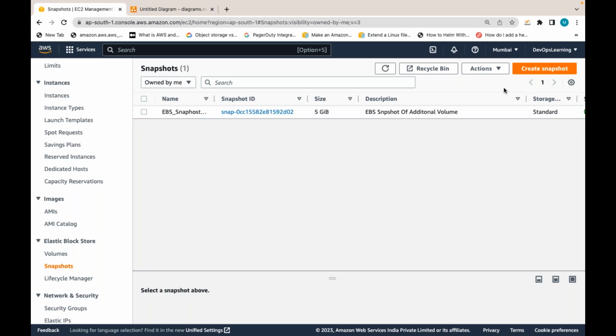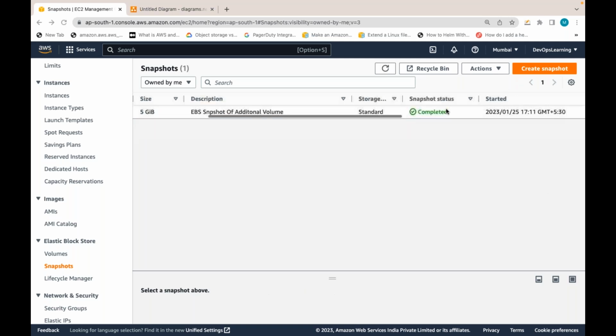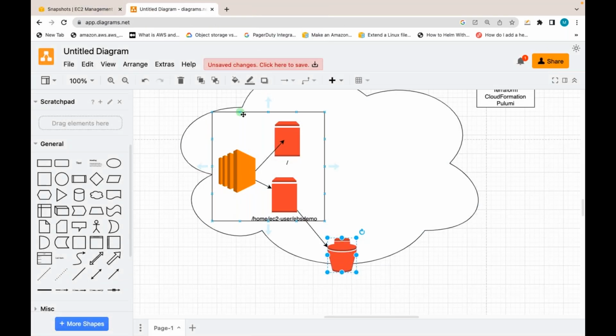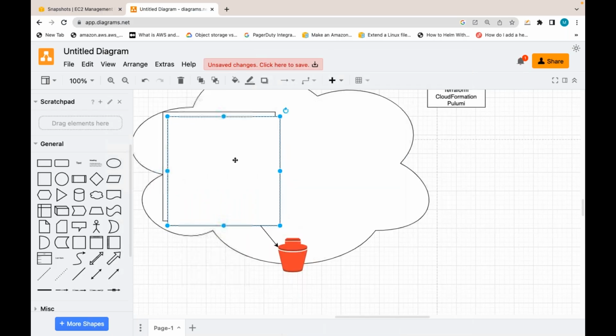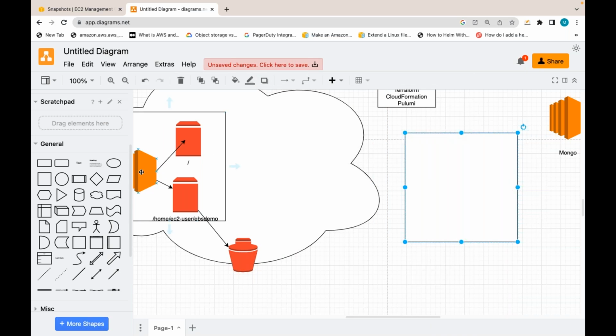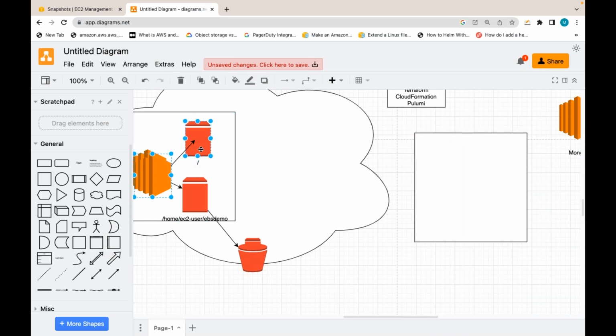So is everyone clear what is a snapshot, how to create a snapshot? I have created a snapshot manually like this. Now if I have a snapshot, I can use this for a restore or recovery purpose if something goes wrong with that volume. Otherwise I can use it for a migration. Migration in the sense, whatever server and application I have in this region, in this availability zone, if I want to migrate that to another location,